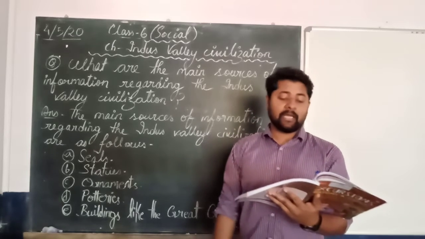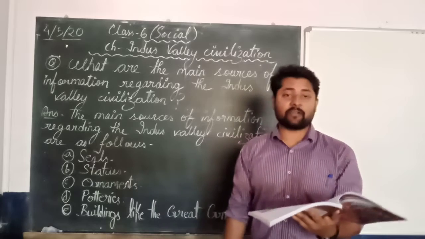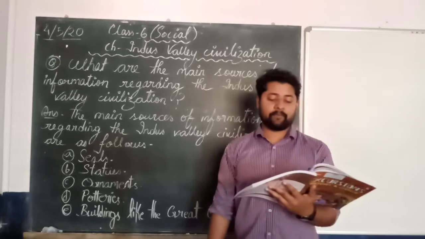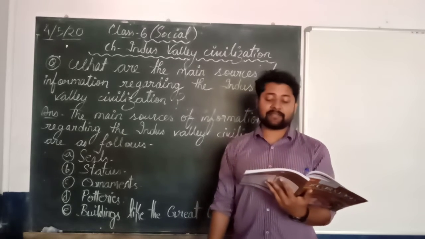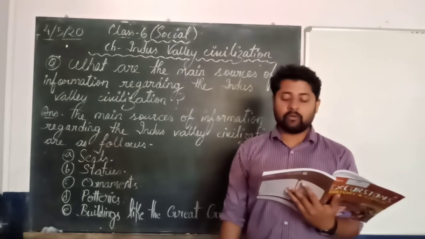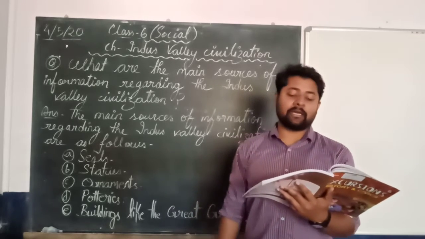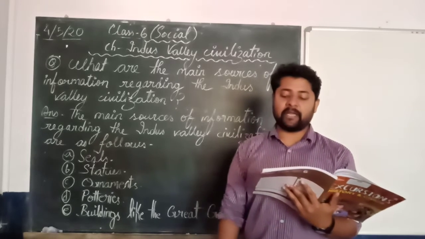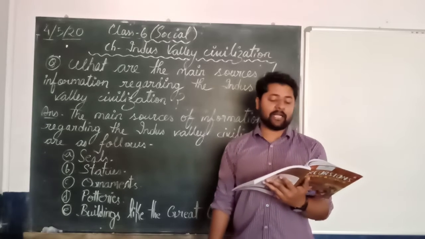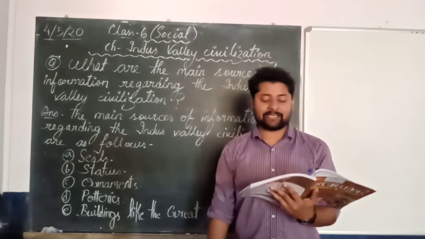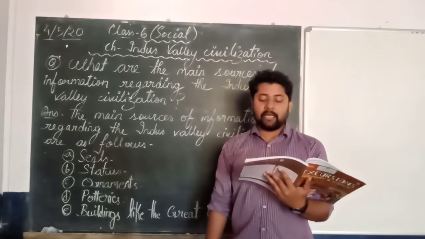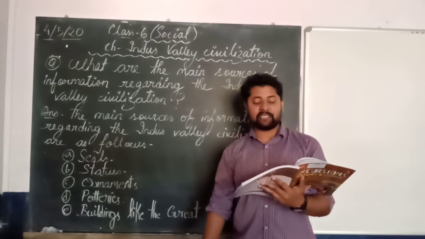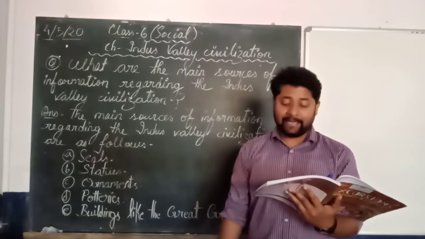Now the next one is important sites. What are the important sites of the Indus Valley civilization? The first one is the Great Bath. The most remarkable structure built on the citadel in Mohenjo-daro looks like a special rectangular tank. It resembles a large swimming pool. Its floor was made of baked bricks and walls were made watertight with a layer of natural tar or bitumen. There were steps leading down from two sides. There were changing rooms and galleries on all sides.